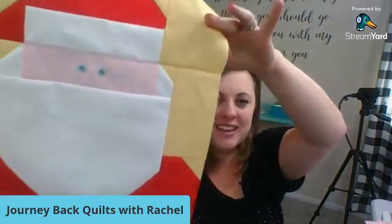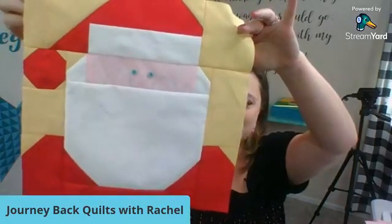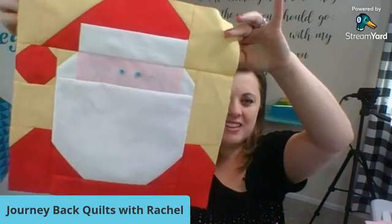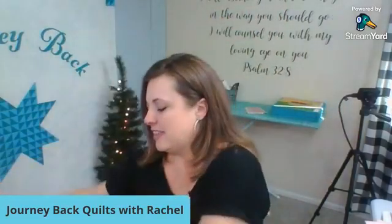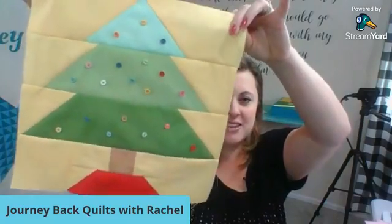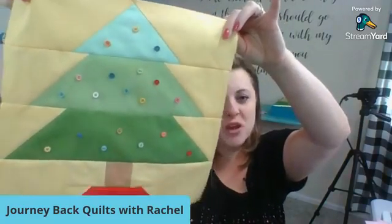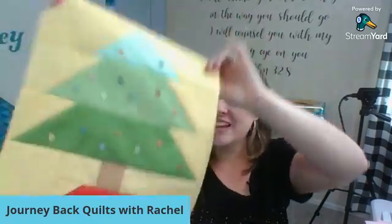It's relaxing. And then there's old Saint Nick. Isn't he so cute? There we go. So he needs some embroidered cheeks on there as well. He's so fun. And then the Christmas tree. And so I sewed a whole bunch of buttons on that too, so that we can decorate the Christmas tree for that. So these are the 4 blocks that you'll learn how to make within this class, but you will